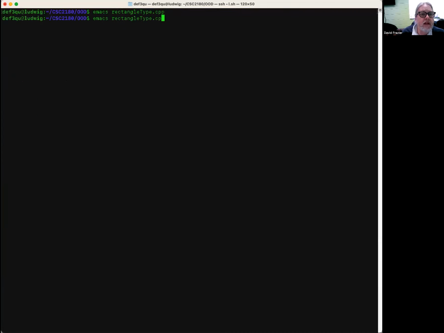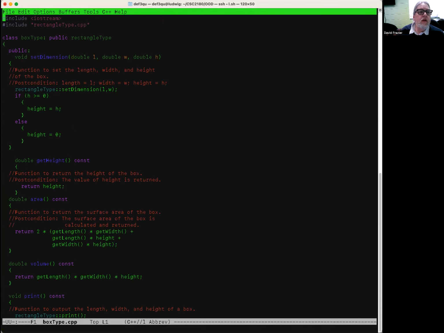So then when we're looking at the box type, it includes the IOStream. It also includes the rectangle type, so it's there, so we can pull from it. Okay. And we're doing our class box type, colon, public. We'll talk a bit about what that means. Rectangle type here. Okay. Then we have our set dimension, which is going to call, this call is to the